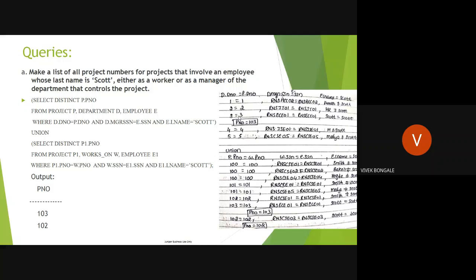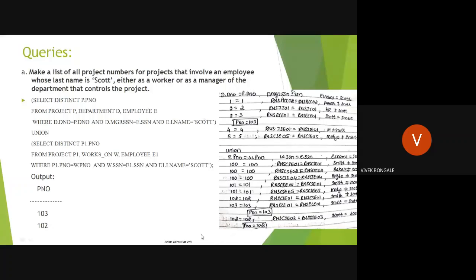So first, the attribute list you want to retrieve, we specify in the select clause. The table from which you want to retrieve that value, we specify in the from clause. Then the last one is where. If you want to apply any condition on the table for retrieving the values, that condition is written in the where clause. Correct? In where we apply the condition, and many concepts are applied in the where condition.